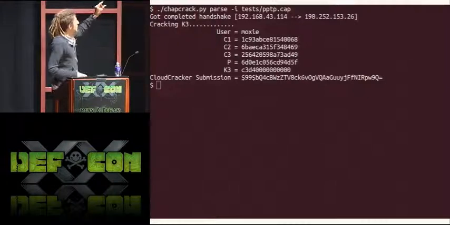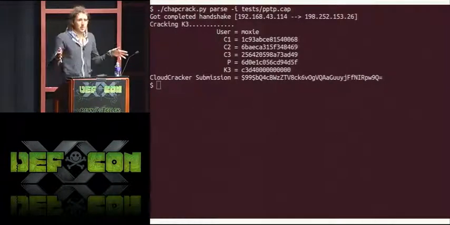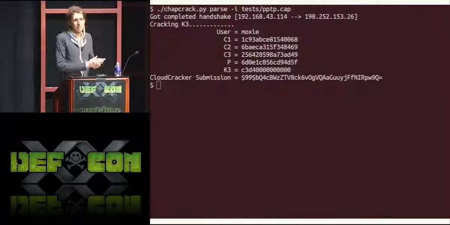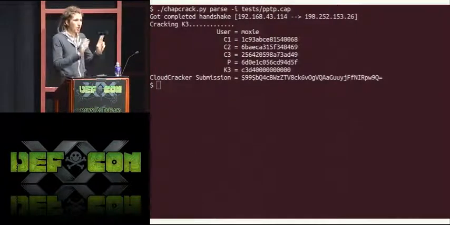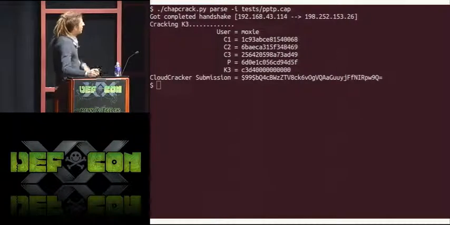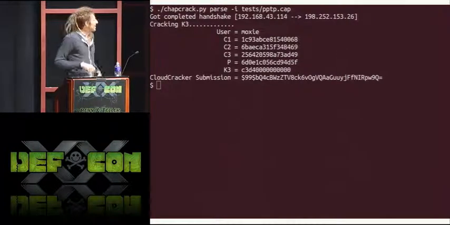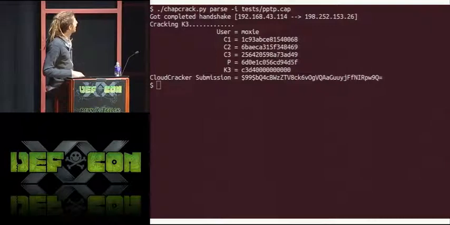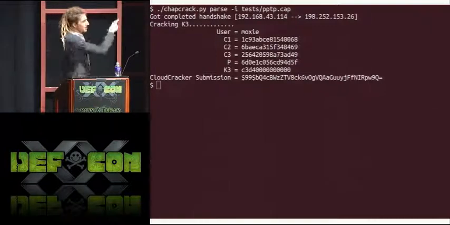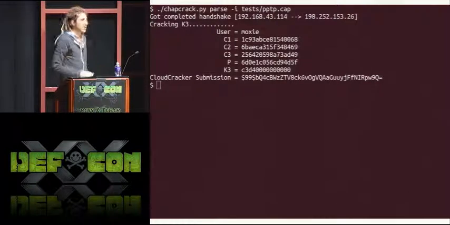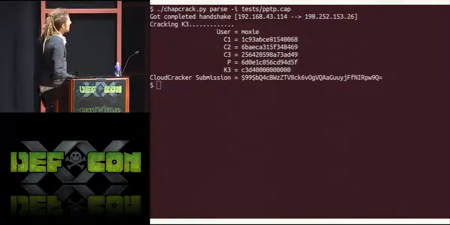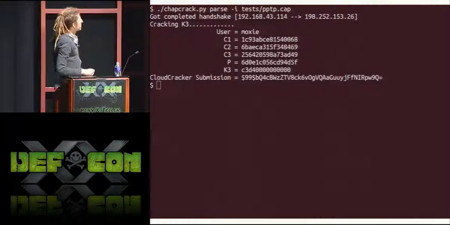And it will give you the things that we're interested in here, like the known plaintext and the known ciphertext for that core problem that we're dealing with. And it'll even crack that third key for you, the 2-byte key. And it tells you the username of the person who's logging in, because that's, of course, sent in the clear with MS-CHAPv2. And then it gives you this last little thing here, a submission token.